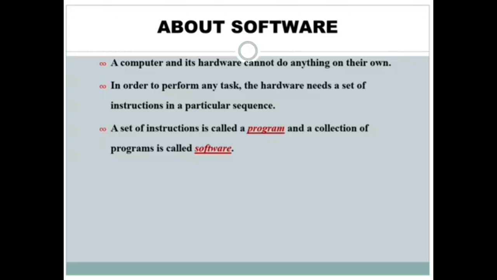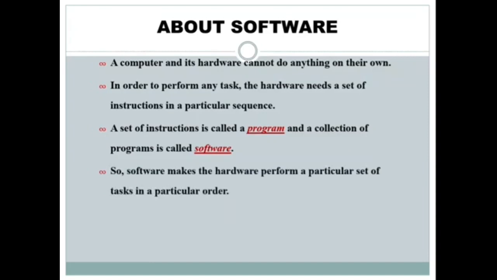A small example, see, the teacher says write 5. Okay, then the teacher says second step write 3. Okay, the teacher says the third step add the two numbers. So you are doing that addition. Yes, so step 1 write 5, step 2 write 3, step 3 add. This is called a set of instruction. Then the result will be produced. What is the result? Yes, 8 is the result. So this is called a set of instruction.